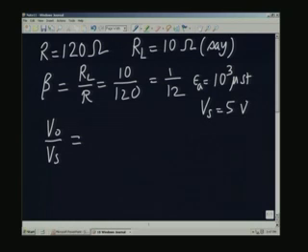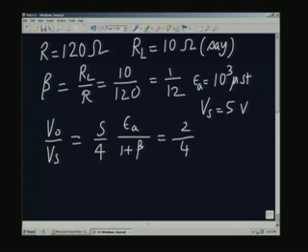I am taking the same example. So, V0 by Vs is now going to become S by 4 multiplied by epsilon A divided by 1 plus beta, and this will be S is 2 by 4 into epsilon A is 10 to the power of minus 3, because 10 to the power of 3 and 10 to the power of minus 6, divided by 1 plus 1 over 12,